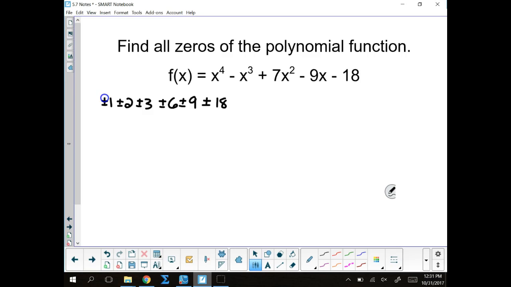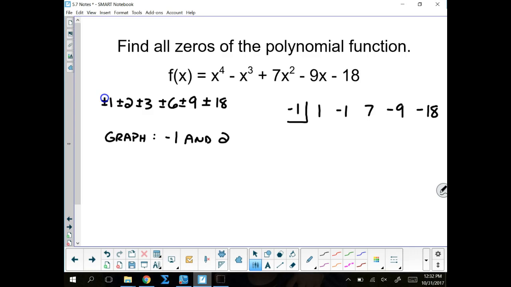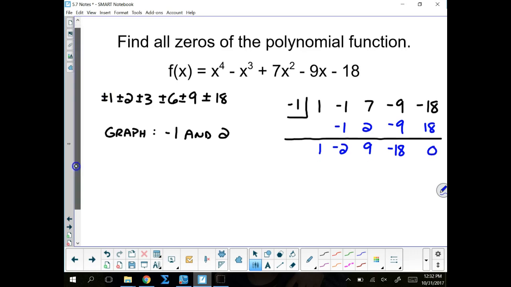Somebody that graphed it, what was one of them that worked out? 2? Negative 1 and 2? Okay. So, since negative 1 and 2 worked, negative 1, 7, negative 9, negative 18. 1, negative 1, negative 2, 2, 9, negative 9, negative 18, positive 18, and 0. So now f of x